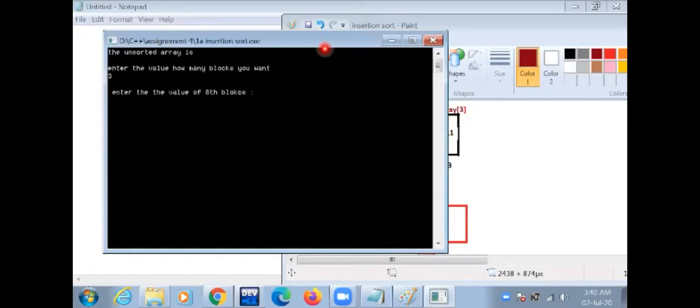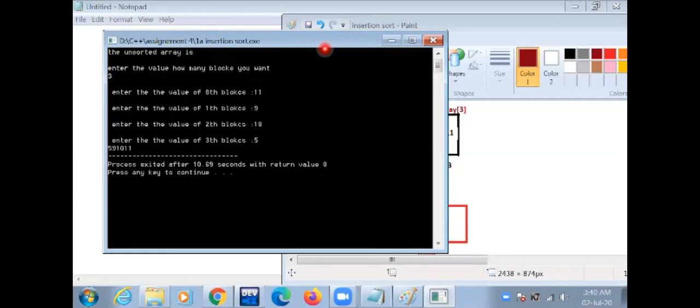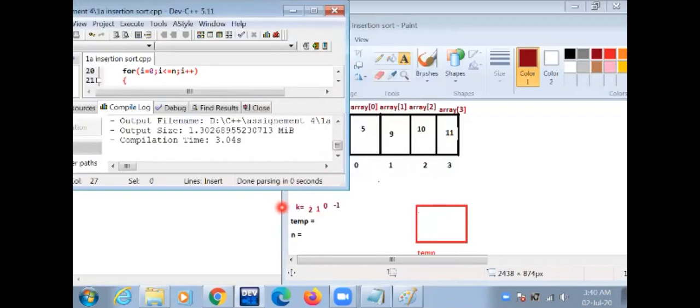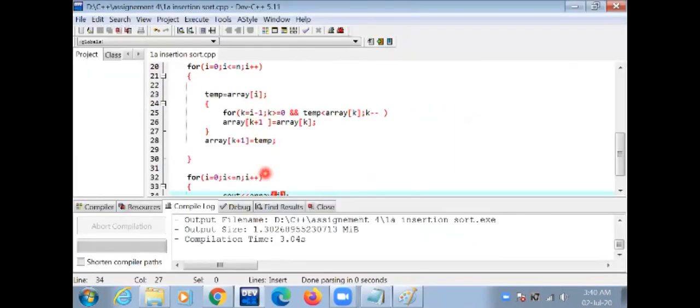We enter the values 11, 9, 10, and 5. Let's create this here.